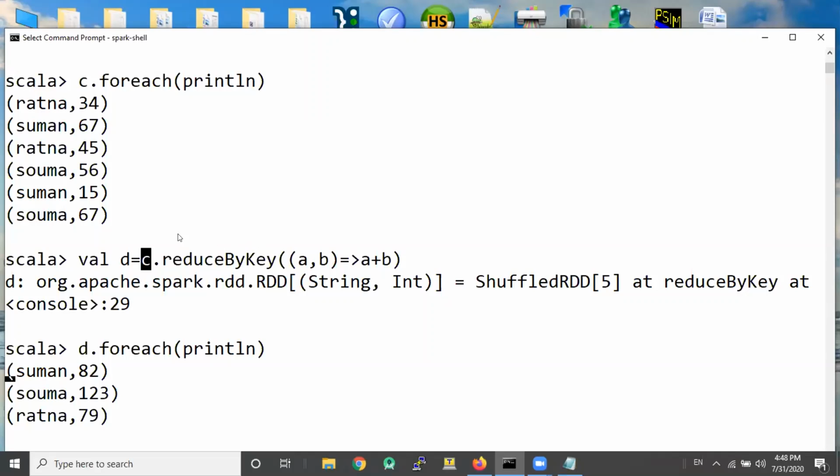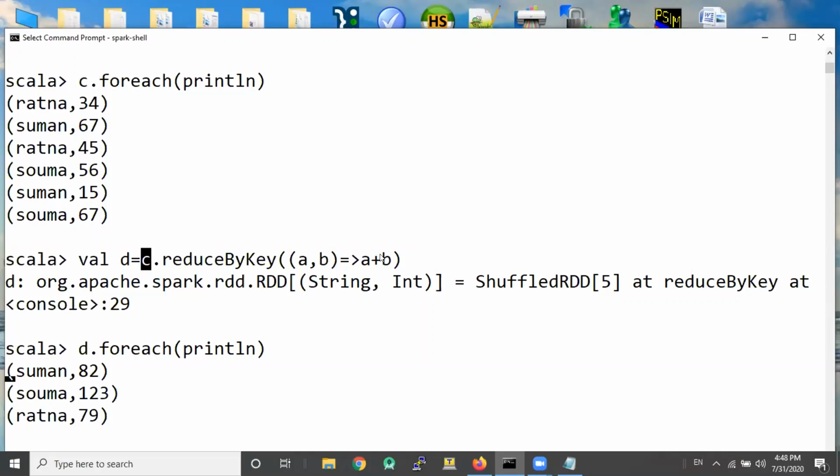Then there has to be only one other column in the rows. That has to be the value. Your a comma b will be two values which need to be combined or aggregated. And after the arrow, you give the rule, the syntactical rule for aggregating any two values of a key. So here we have stated that pairwise we do a summation and we give the aggregate for each key based on that.